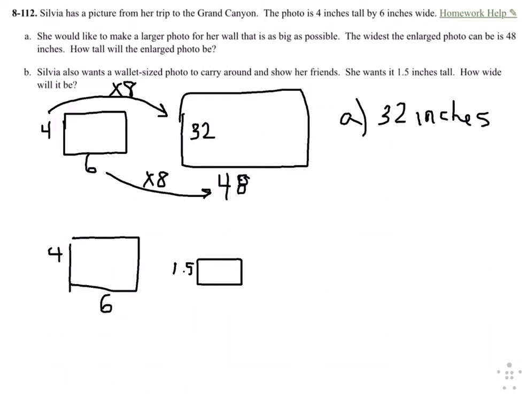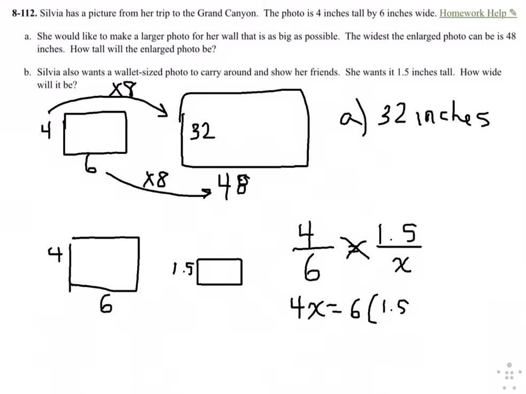We could say the ratio of 4 to 6 equals 1.5 to what, right? Because 4 is the height, 6 is the width. So 1.5 is the new height, what is the new width? And we could cross multiply here if we wanted. We would get 4x equals 6 times 1.5, right? So 4x equals